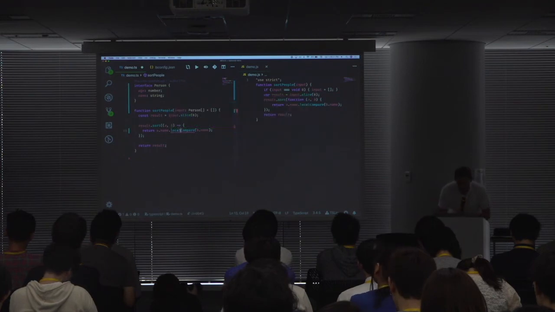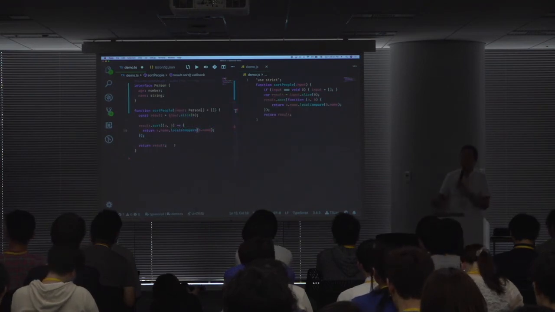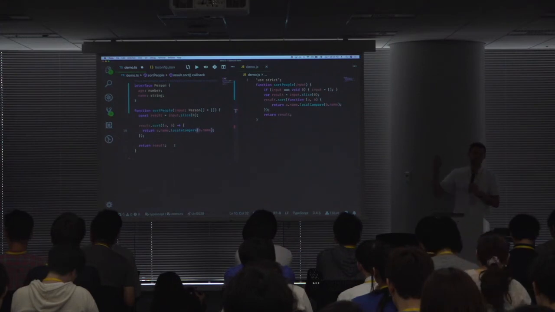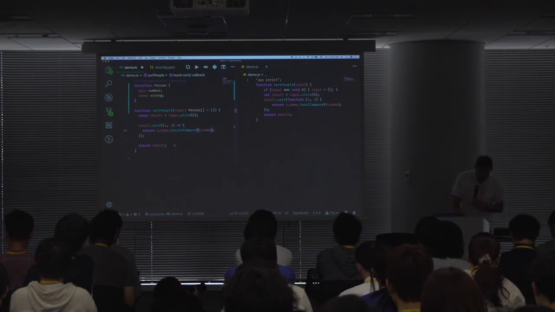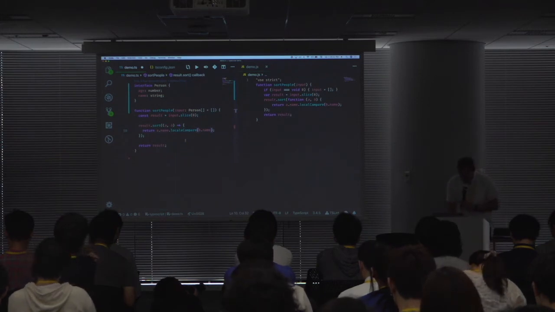So I can just go ahead and say, all right, quick fix, please actually fix this for me. I didn't even have to tell TypeScript what the right thing is. TypeScript was like, all right, this is what you actually want, right? And if we save this file,